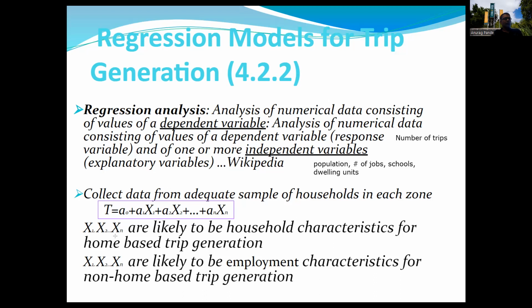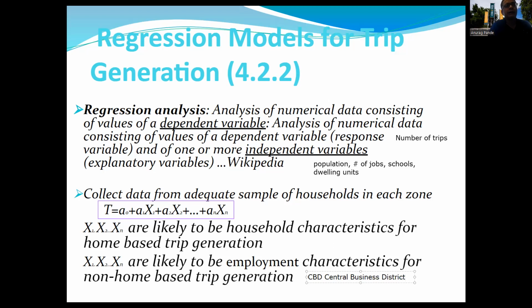X1, X2, X3 are household characteristics for home-based trip generation. And if you're talking about non-home-based trip generation, those will be more like employment characteristics. Sometimes we do this modeling for a zone where there are a lot of homes, then you'll have household characteristics as your independent variables. But if you're talking about a CBD, which is the Central Business District,